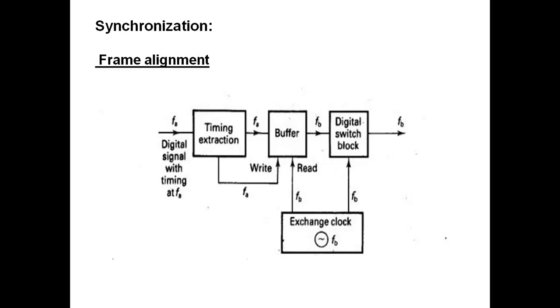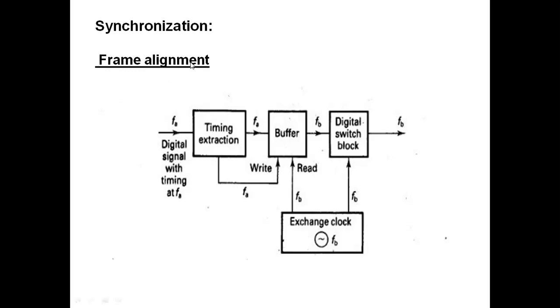Even though it has been decided to operate at a particular frequency, due to the tolerance level of the oscillator being used at a particular telephone exchange, and due to external parameters like temperature, their operating frequency might vary. It might be different from one another, which results in misalignment of the digital frames or any digital data frame that you are going to form.